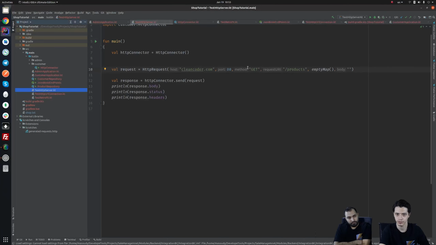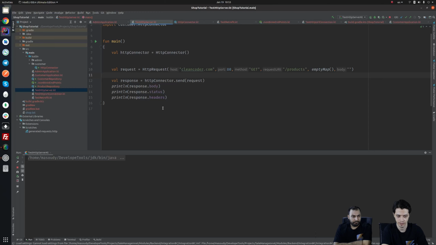So also we have to issue a GET on port 80 to this host. We can give the IP address, actually. The Java itself will convert it to the IP. And the request URI is /products. And when we try to connect and get the body, status and headers,